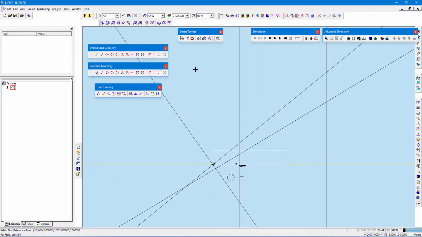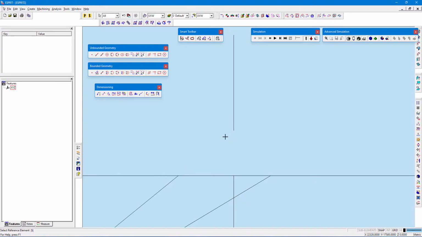Okay, and now I will show you the same options of trim in unbounded, in bounded. See, I don't want this, and I don't want this.